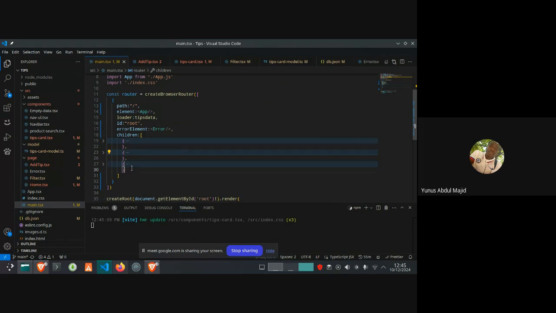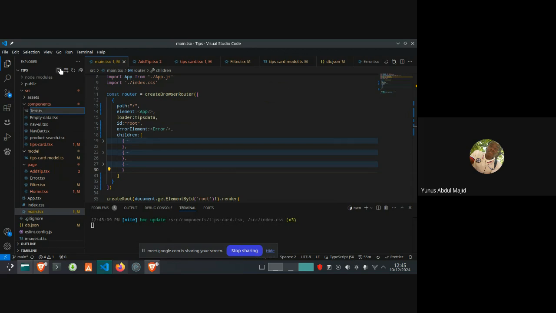And before we can go further, we need to create a component. What should we call it? Test. Let's just call it Test.